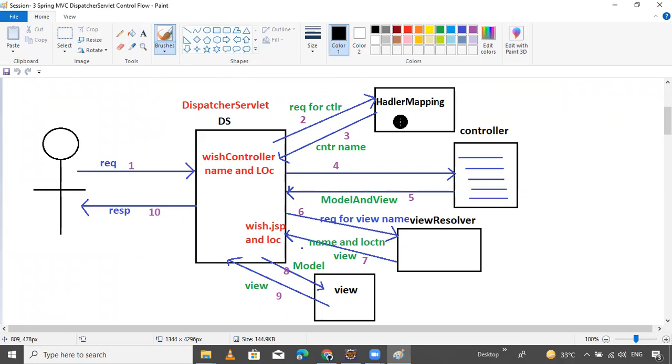Then it will return the name of the class and location of the controllers.